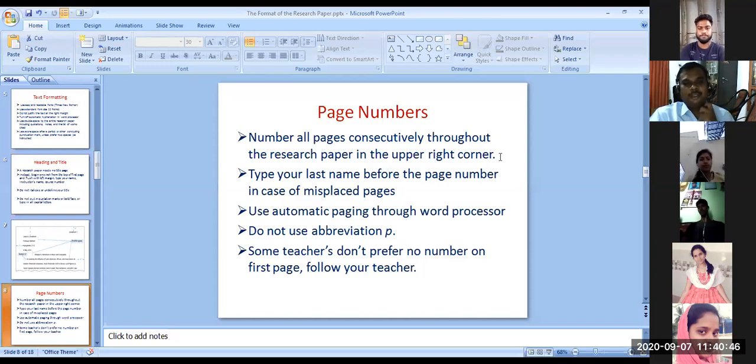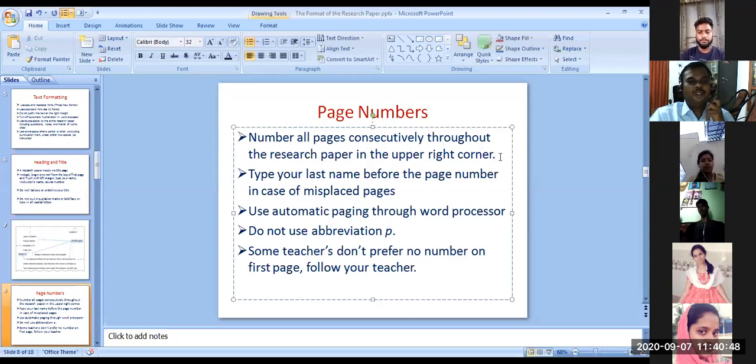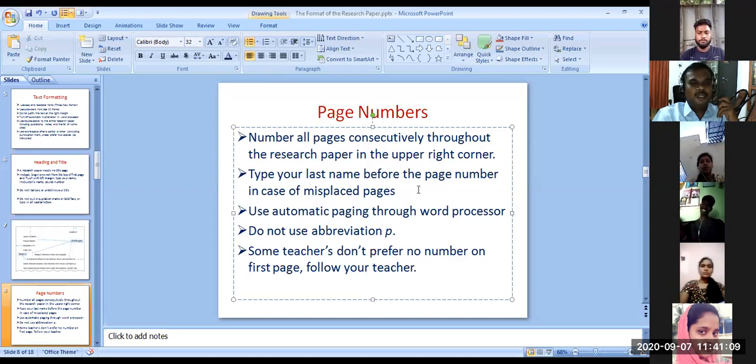Throughout the pages, all pages are to be numbered automatically. Type your last name before the page number. Sir, I don't know what my last name is. I am given only my name, Sashikala, sir.